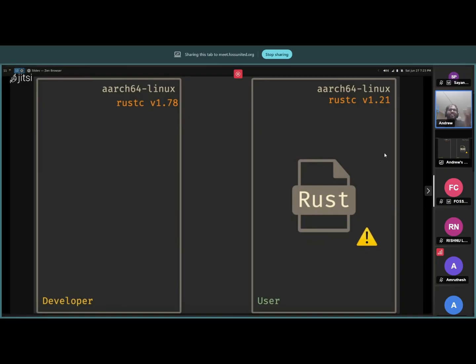What if the version of rustc is different? Usually what happens is developers will have a new version of rustc, and the users might not. If they are using some Debian-based distros, they might have an ancient version of rustc, because Debian distros are a little bit slow in terms of getting new packages. So all of these things can happen, and this also has the same problem. The only difference is that instead of failing when running, the app won't even compile, and that will break things. So this is also an issue that we see when we build applications.